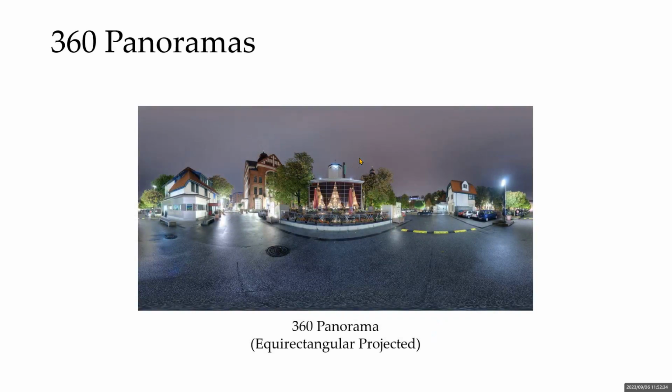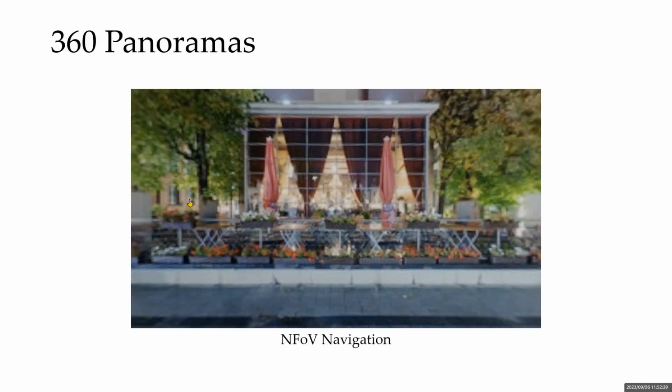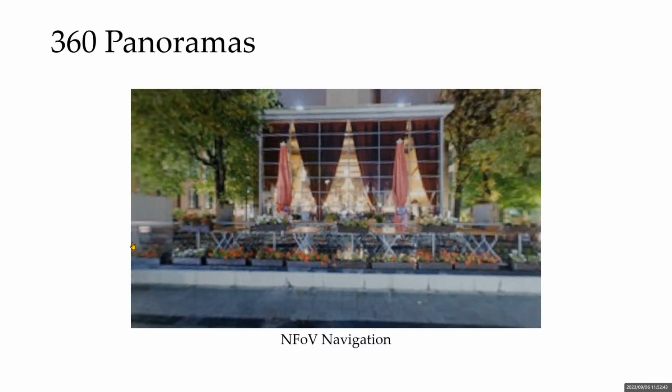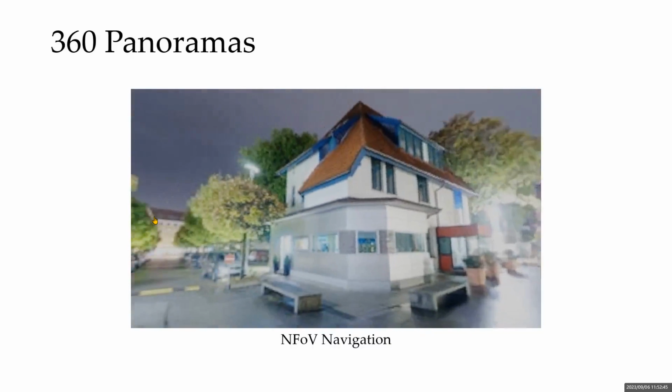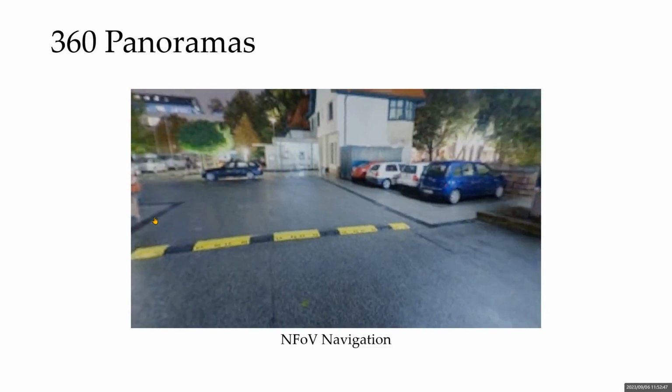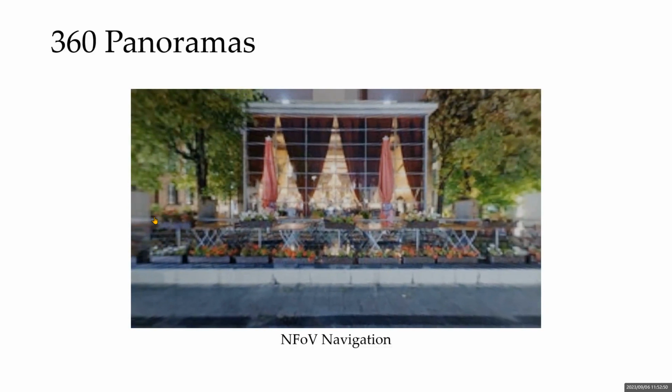360 panoramas are equirectangular projected omnidirectional maps that model a 3D scene from a fixed viewpoint. They could be used for normal FOV navigation and are also extensively utilized as environmental light sources and background textures in CG applications. However, capturing a 360-degree panorama often requires specialized and costly equipment and also some additional human